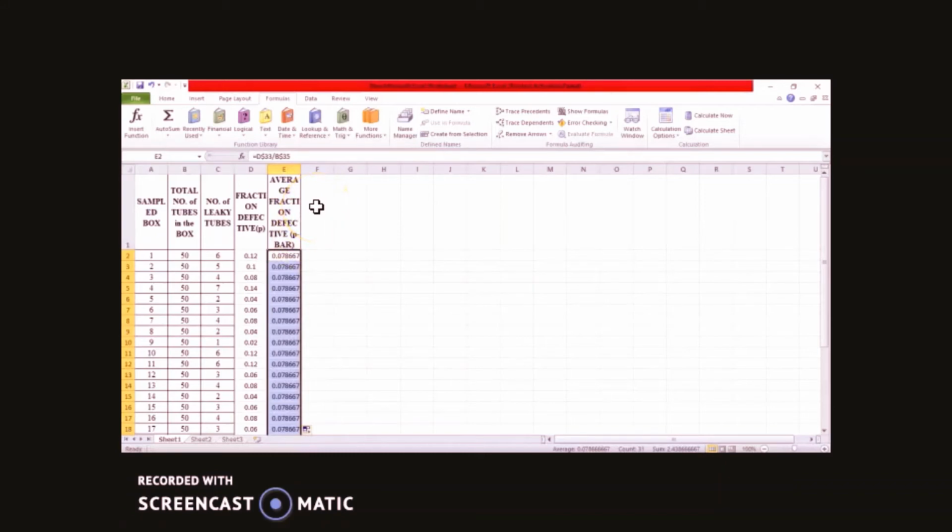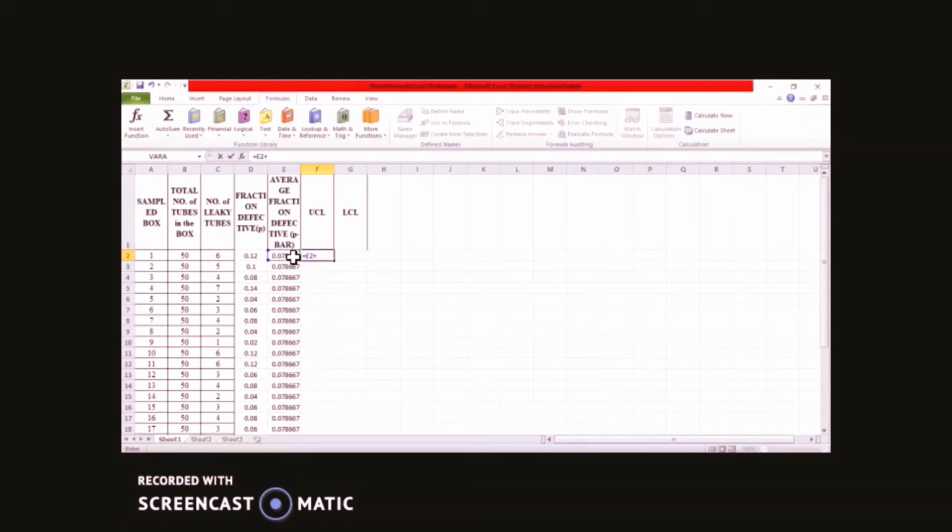After finding the P bar value, we are going to find the value of the upper control limit and the lower control limit. As you very well remember, the formula for the upper control limit is P bar plus 3 times the square root of P bar into 1 minus P bar upon N. So I'm just going to write down the upper control limit and lower control limit titles here, and the formula for upper control limit is P bar. What is P bar here? This value